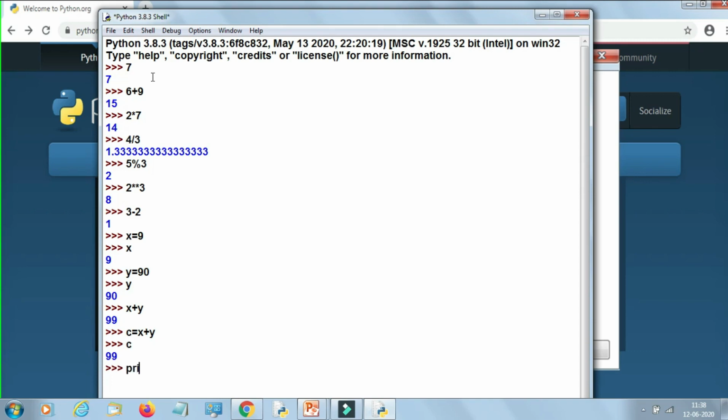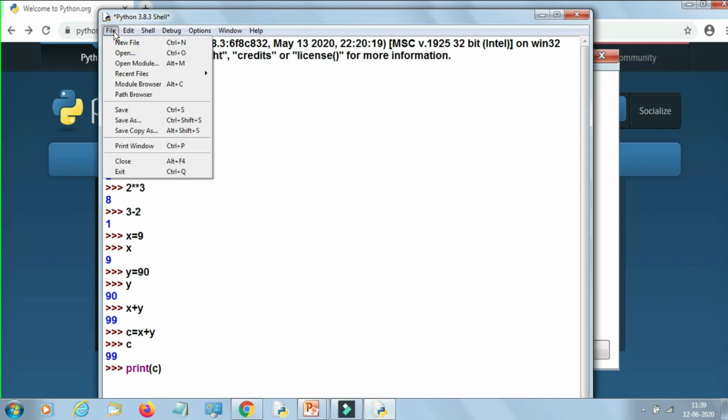You can also use print, but in this interactive environment, print is not compulsory for displaying values. You can simply type the name of the variable and get the value. It's so simple. This is interactive, so it's easy to test Python statements. But the limitation is that these statements cannot be stored in this form in a program so that you can edit later on. If you want to create a program, save it and edit it later, then you have to switch over from interactive mode to script mode.